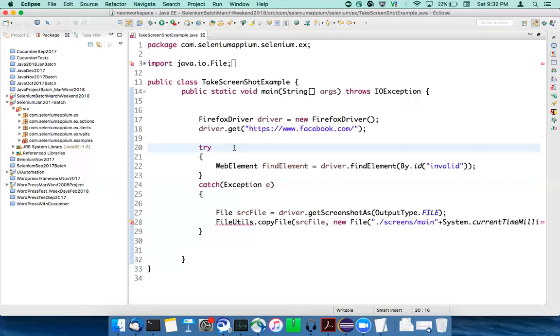So generally, when do you take the screenshot? For every test step that you are executing, or for every test method, or whenever there is a failure? What is the general scenario? We generally take the screenshot when there is an error or an exception, so that it